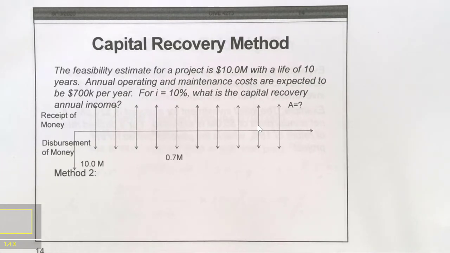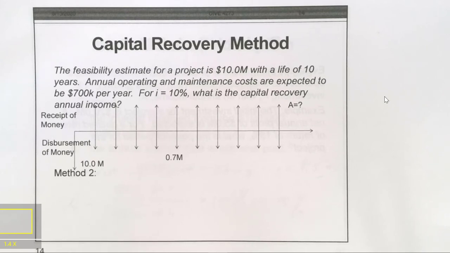example. Again, this is a feasibility study for a project with a 10 million initial investment with a life of 10 years. Below that is the profile of the cash flow. The annual operating and maintenance costs are expected to be 700K, i equal to 10%, and what is the capital recovery annual income? As I already mentioned this morning, in order to solve this problem, the